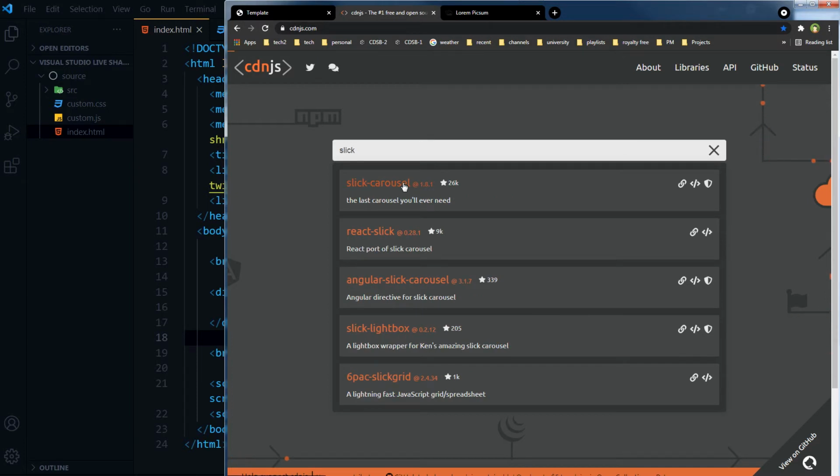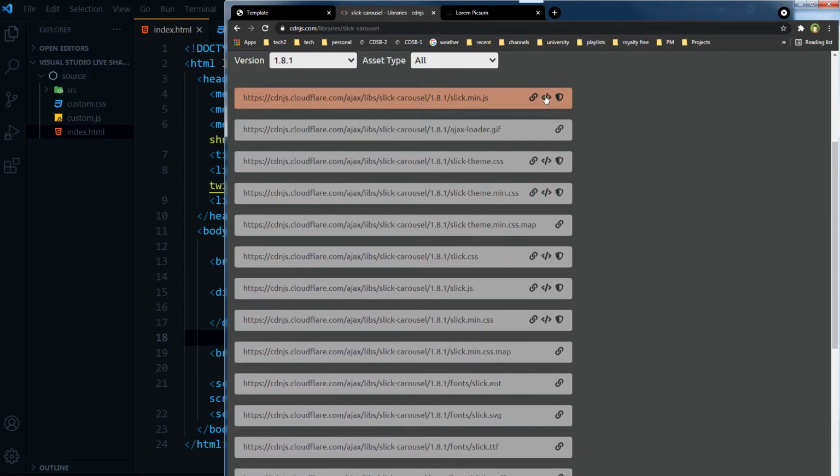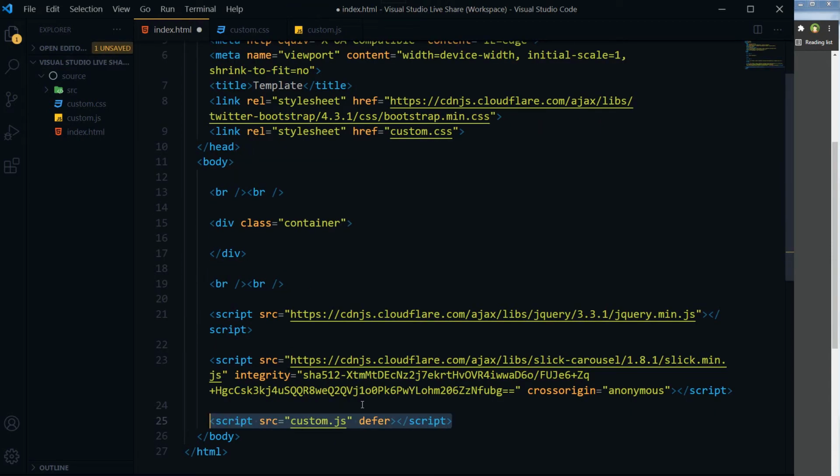Slick Carousel. slick.min.js. We will link it before custom.js and after jQuery, because jQuery is the dependency.